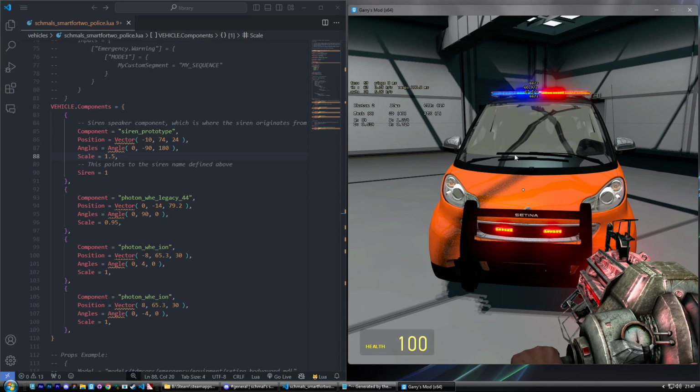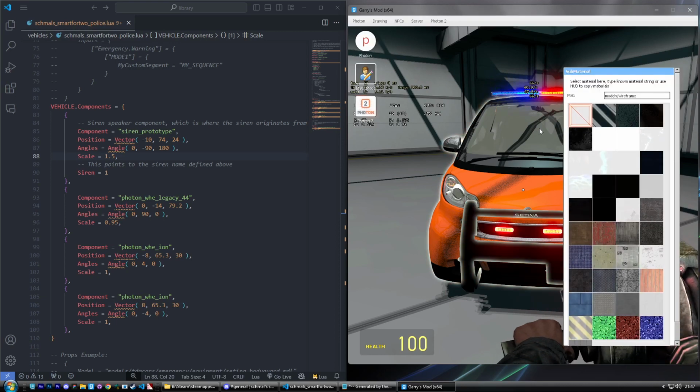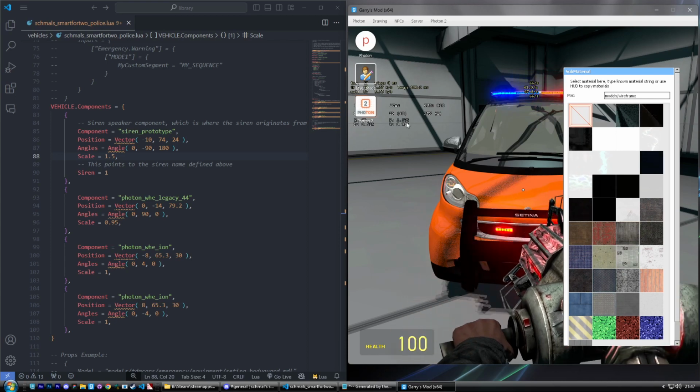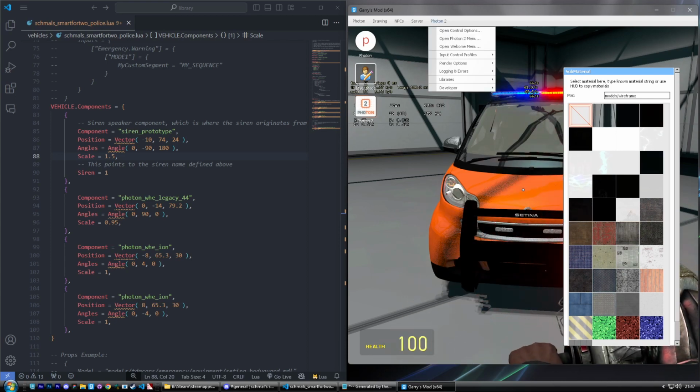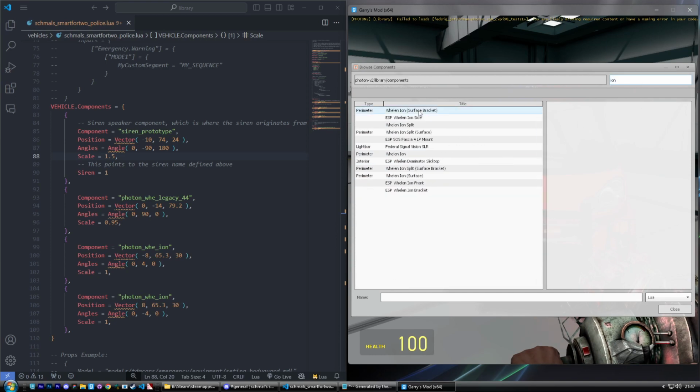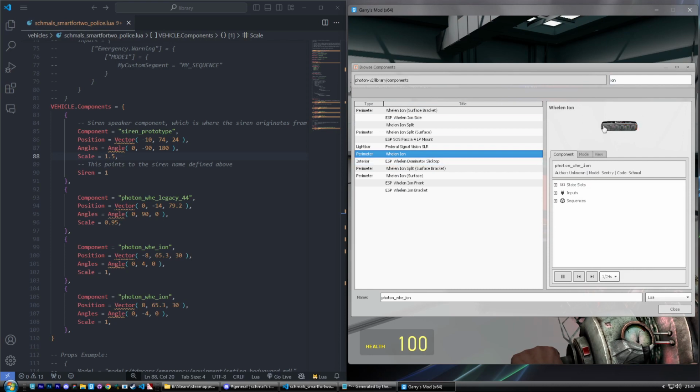To know that, we will use the component browser, which you saw briefly when you selected the components initially with the creator utility. You can also open that same browser by holding C, going up to Photon 2, and then down to where it says libraries, and then we'll click the browse components option there, and that'll pull up the component browser here as well. So starting with ions, like I said, I'll search for ion here, and then pull up that, and then this is the